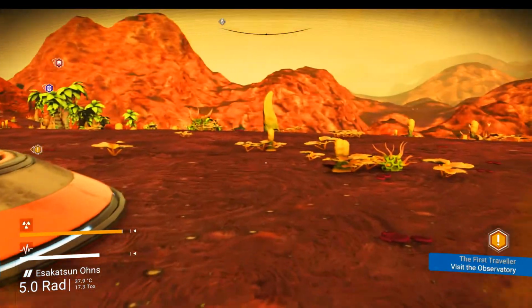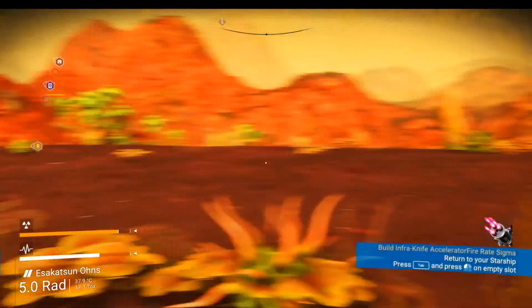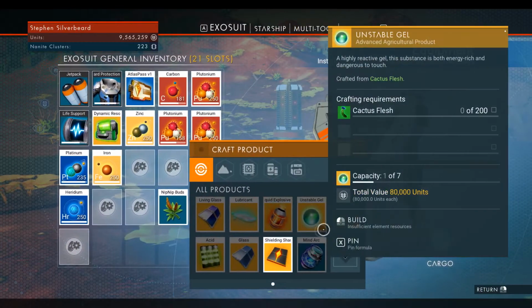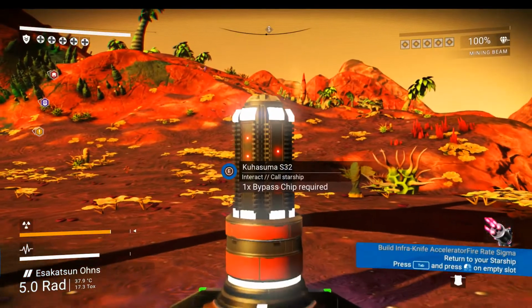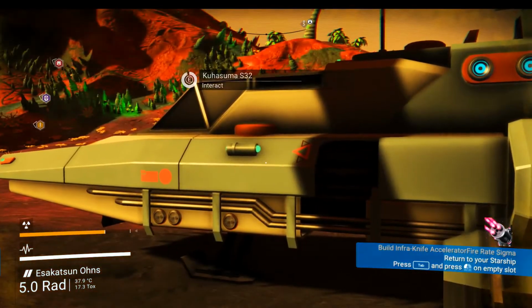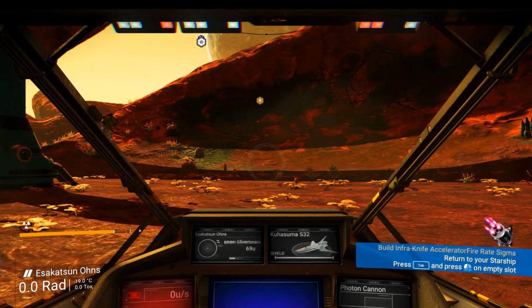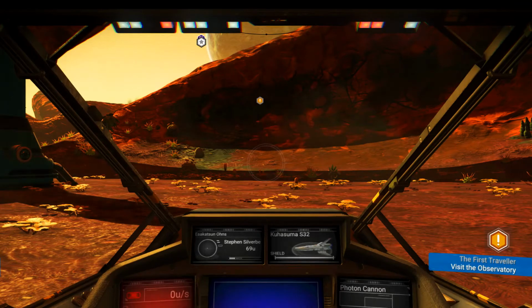This is one of my resource gathering bases which I was using to actually build up my farming operation. Okay, let's just build a bypass chap to compensate for my terrible landing. And I think that kind of covers most of the elements of the update that I can actually demonstrate to you guys, but I'm going to read a couple others which I think is quite relevant to some of your